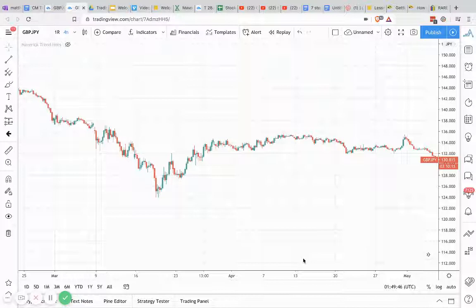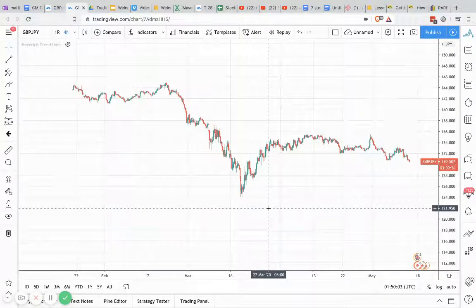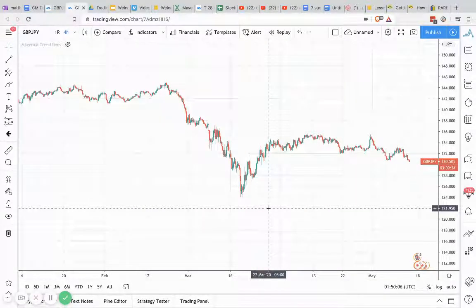So just use your own discretion a little bit there. But overall, it does a fantastic job of finding the trend lines in the market and pointing you in the right direction, no pun intended, as to what those trend lines are and what's going on there. So I wanted to show you my chart just briefly here before we get started